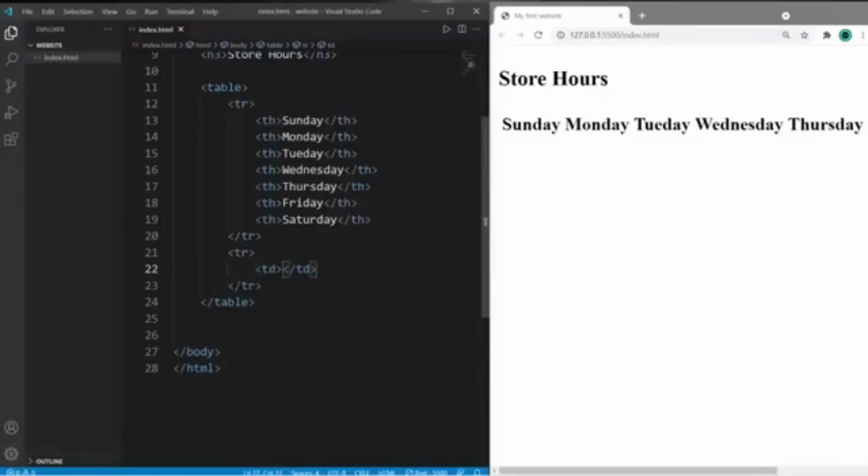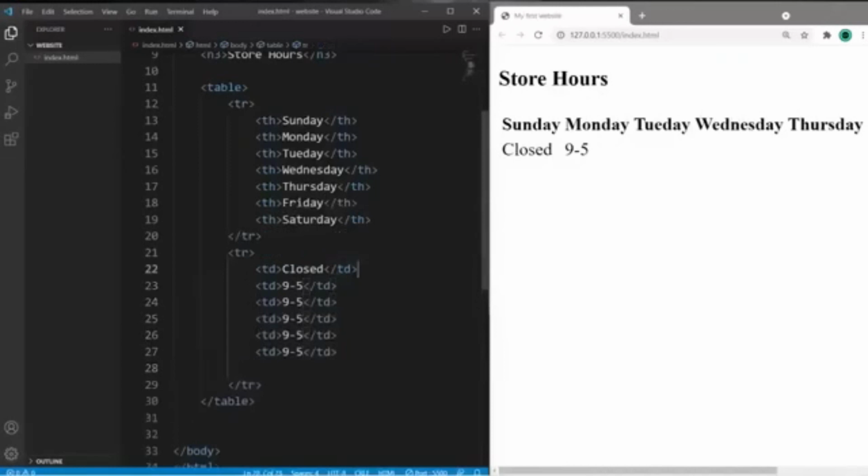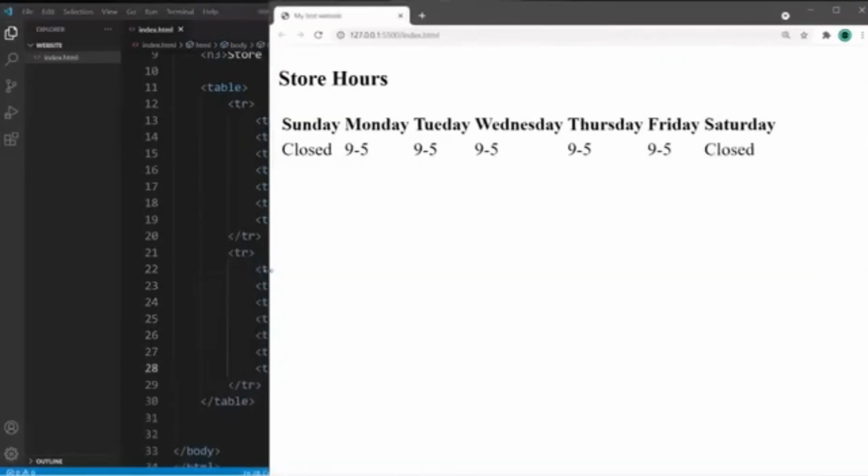Let's pretend that our store is open Monday through Friday, 9 to 5, and closed on the weekends, Saturday and Sunday. This first cell is for the first day, Sunday, the first column. So we are closed this day. Let's copy our table data element and copy it. This will be for the second row, Monday, and we are open 9 to 5. And let's fill this in for the days Monday through Friday. And then Saturday we are closed. All right, let's